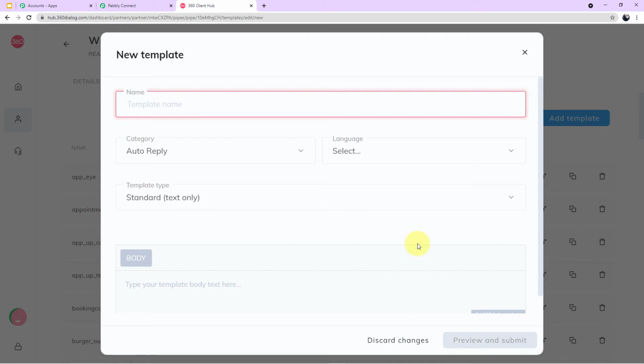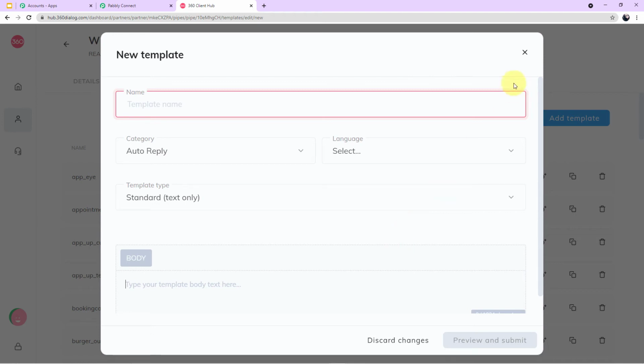Guys, it is very important. After you create the template, you have to send the template for approval. The approval process is done by Facebook, okay? And the approval process takes from 2 hours to 2 days. If I tell you in general, the approval process is done within a day. But guys, it is very important to first create the template and send it for approval. Why am I telling you this again and again? Because without the approval process, you cannot use your template in any of the workflow.